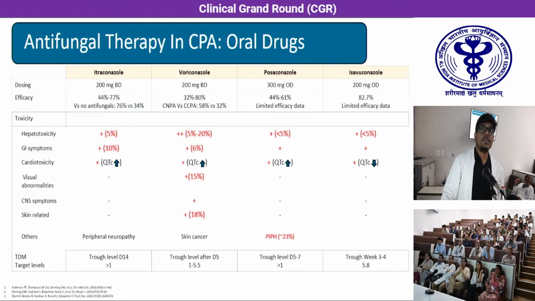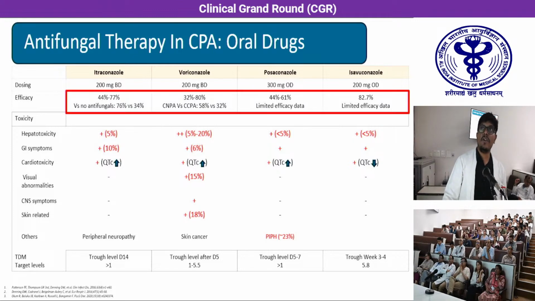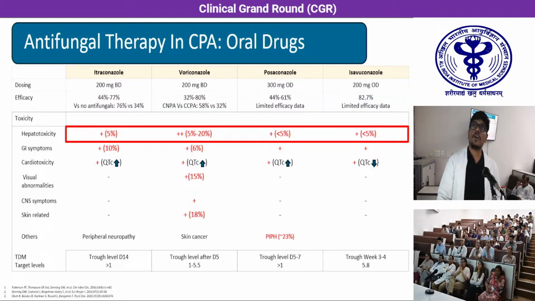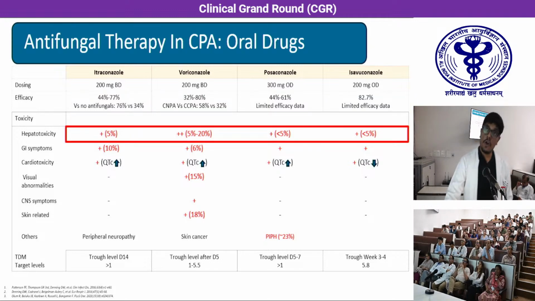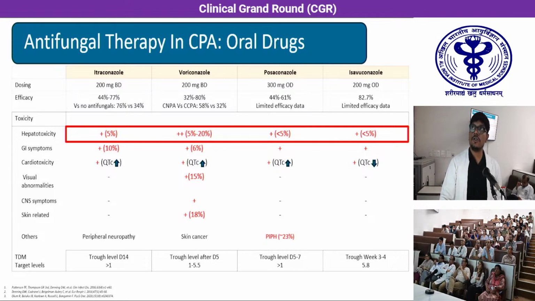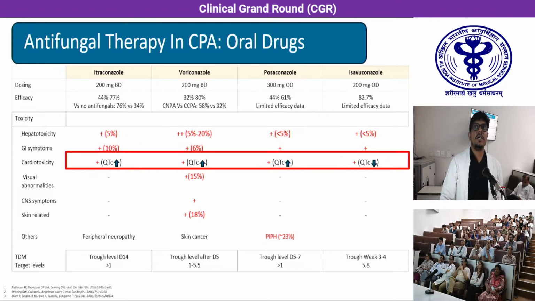So if we compare azoles, overall efficacy is somewhere between 40 to 80%, although efficacy data is more limited for the newer azoles. In terms of toxicity, common side effects include hepatotoxicity, which is slightly more common with voriconazole and slightly less common with newer azoles. Other side effects include GI symptoms, cardiotoxicity in the form of QTc prolongation for most of the drugs except isavuconazole,